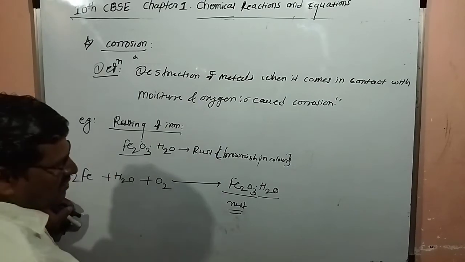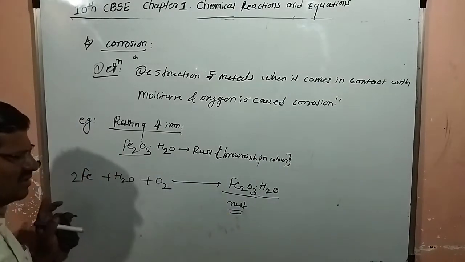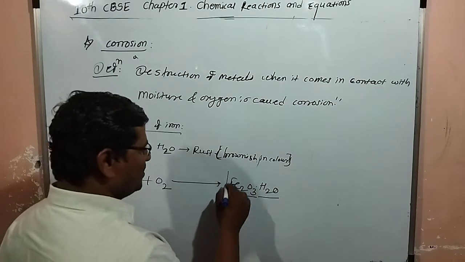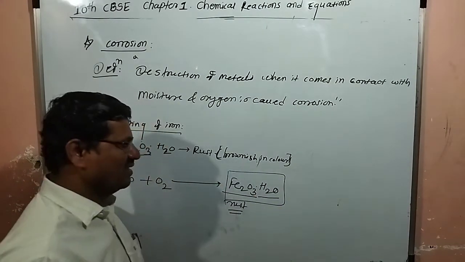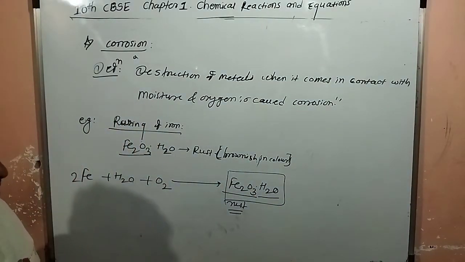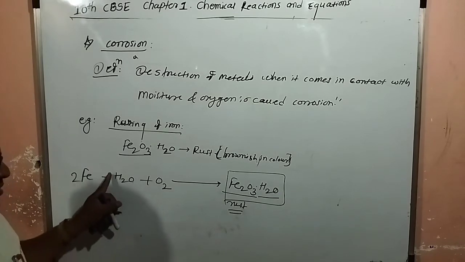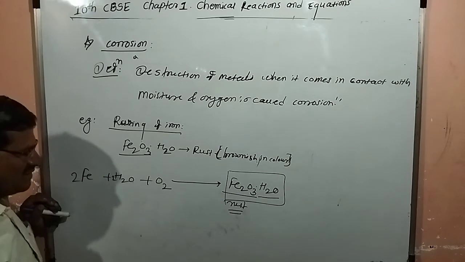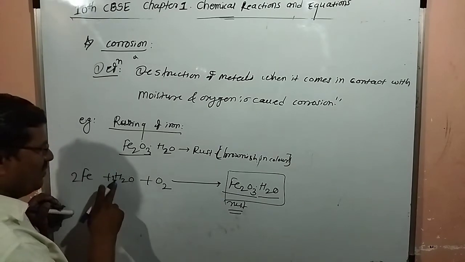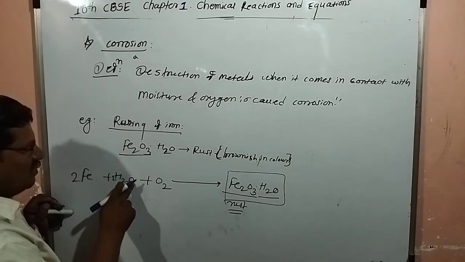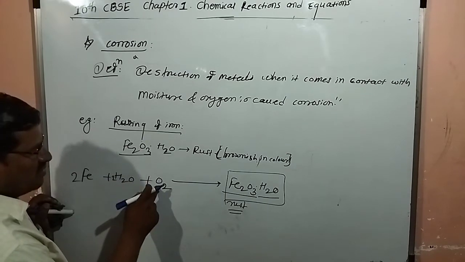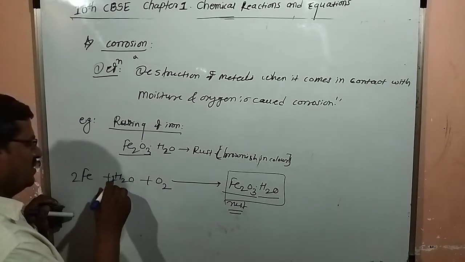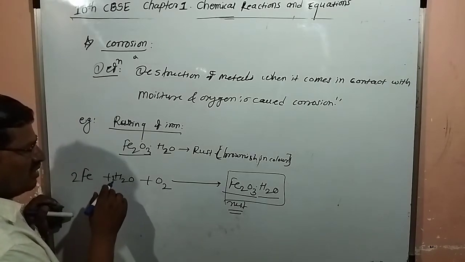one thing you can do here, or keep this example as it is. So here rust is formed. This is the formula for the rust. Okay. So one thing you can do here, if you multiply here by twice, then oxygen will become 2 plus 2, 4, 3 plus 1, 4, and here now hydrogen will become,